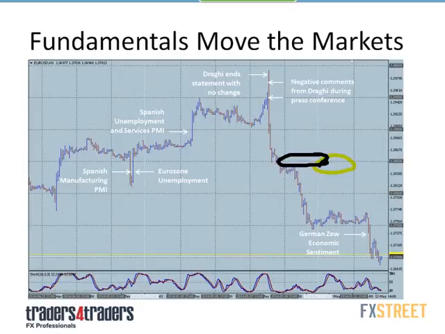All right, yeah, so these are the 50 pips, okay? That's all of the, each move here is 50 pips, okay? So you can see that that's roughly about a 50 pip move, but the trend continued, okay? And then this was just last week, beginning of last week, we had Spanish unemployment and services PMI that was much better than expected. Okay, so we saw a nice boost out of that, and then the market went sideways